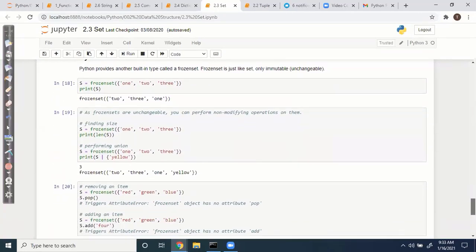In set we have one more type, which is a frozen set. Sorry, I just saw your questions. Can an empty tuple be used to take user inputs? You can create a tuple, yes.